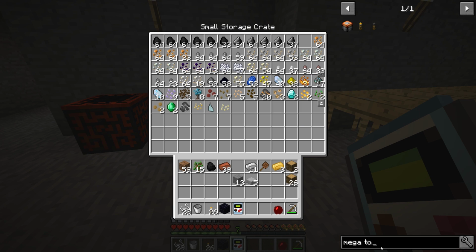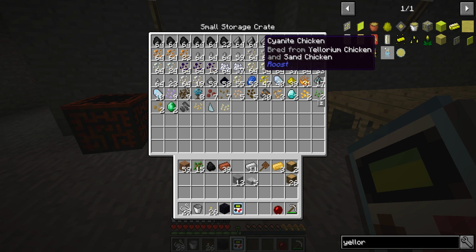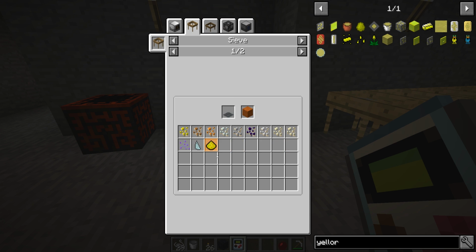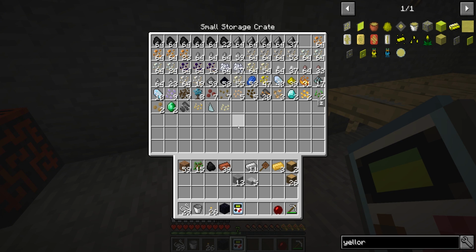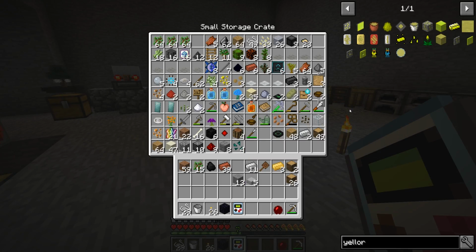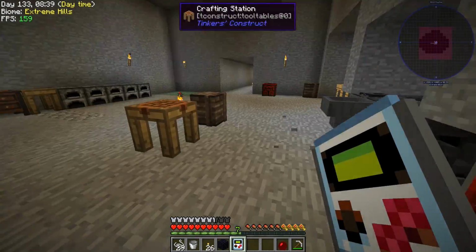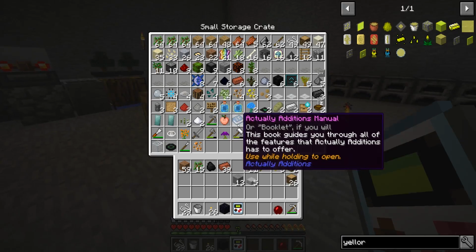We don't have any yellorium, and I've got a sneaking suspicion that you don't get yellorium until you upgrade to a diamond stiffened mesh. Oh no, you do get it from iron, and it's a 1% chance. I'm starting to think maybe I didn't sift sand. I think I sifted gravel and dust with the iron stiffened mesh. I don't think I sifted sand, which is why we don't have any yellorium. But if we only need 9 yellorium to get up to a 20 times multiplier on the crucible here, I think what I might do real quick is just get a bunch of sand, throw it into...